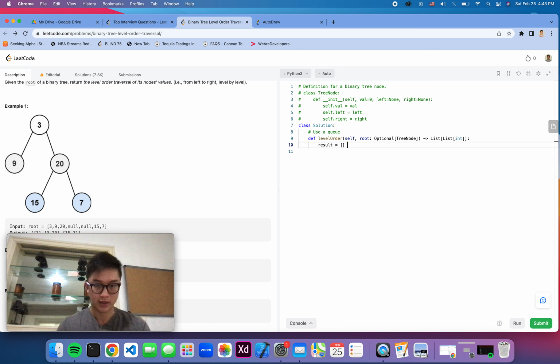So result is just an empty list. That's what we're going to return. Let's do some error checking. If root is null, let's just return the result because it's an empty list, right? Let's create our queue. It's just going to be an empty list in Python, and then let's add our first item, which is just the root, into the queue. Now let's go into the outer loop. While the length of the queue is greater than 0,